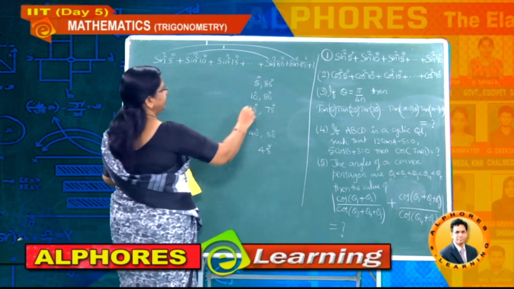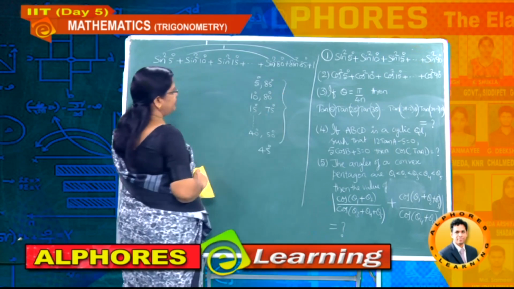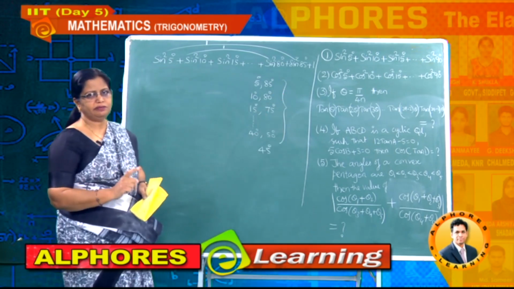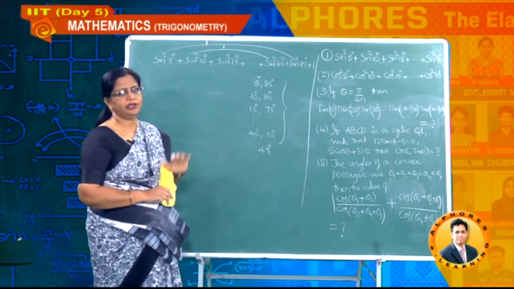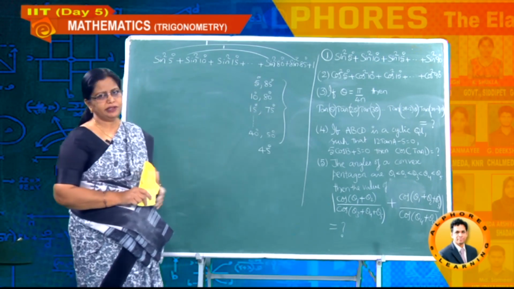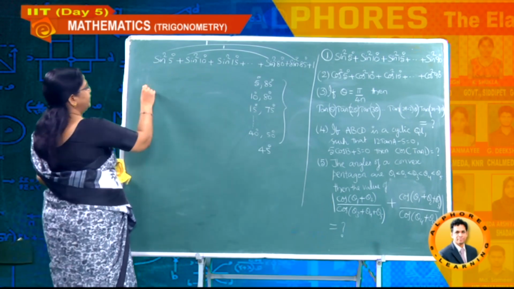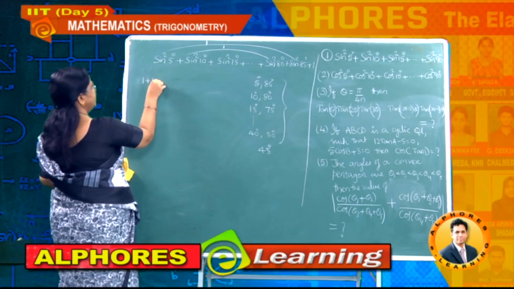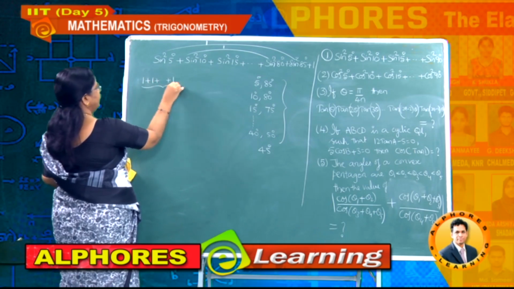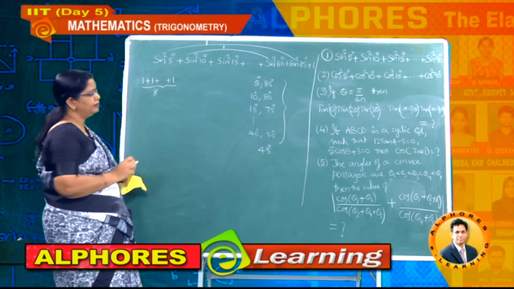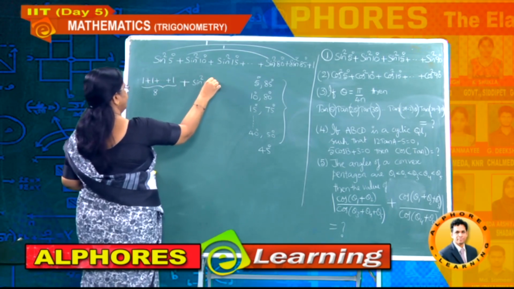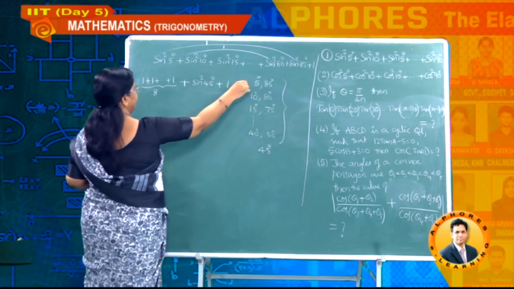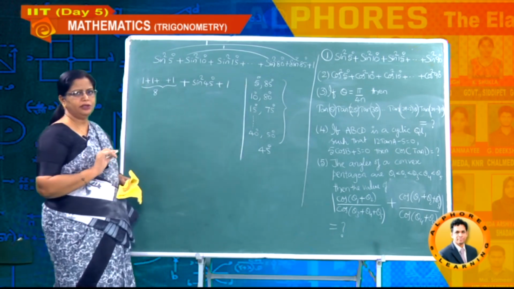Now for all these combinations you got how much as the answer? 1 plus 1 plus 1 etc. How many such ones exist? 5 here, 40 here. So 8 such ones exist. Okay students, so now I am writing 1 plus etc. plus 1, 8 times. After that you get sin square 45 degrees and the last value sin square 90 degrees. So this is the final answer.